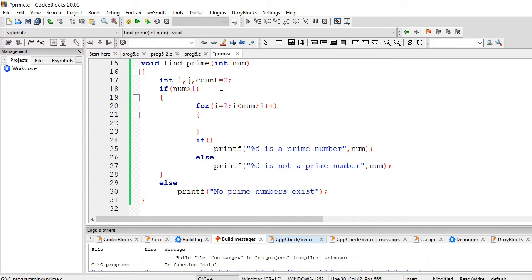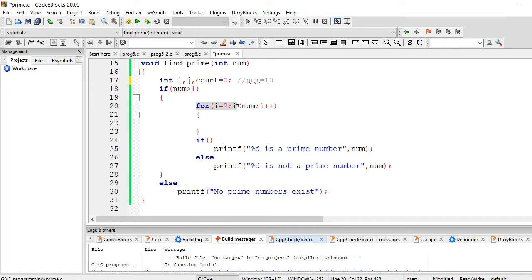If number is greater than 1, which is true in our case because our input is 10, we will enter our loop.